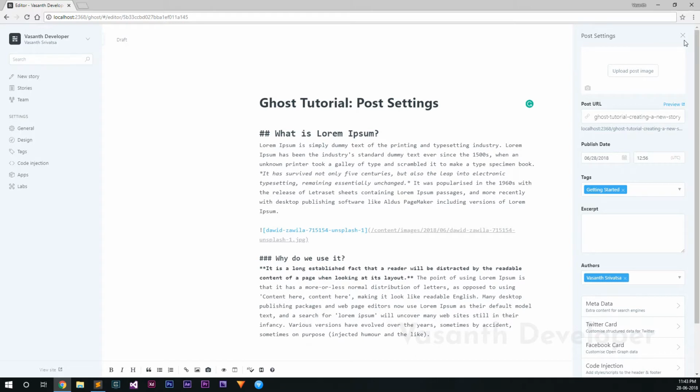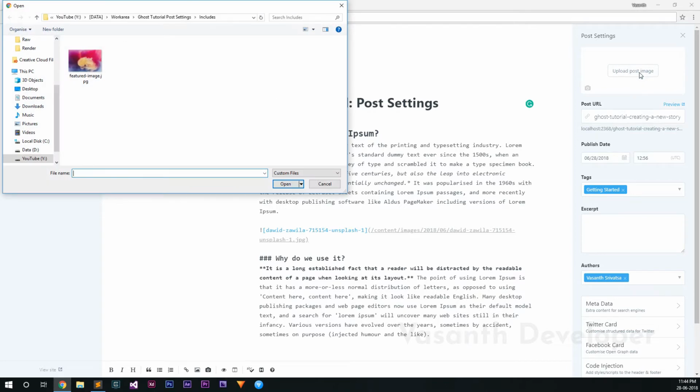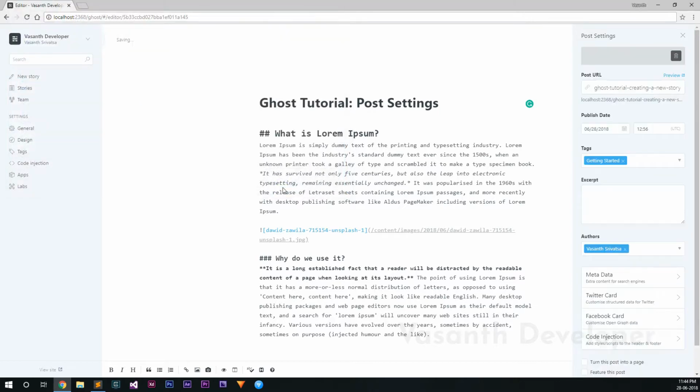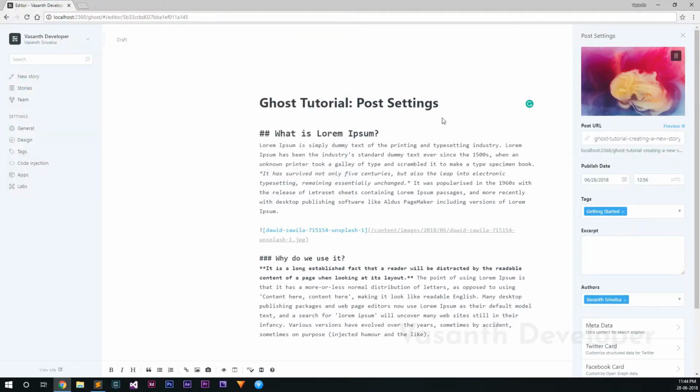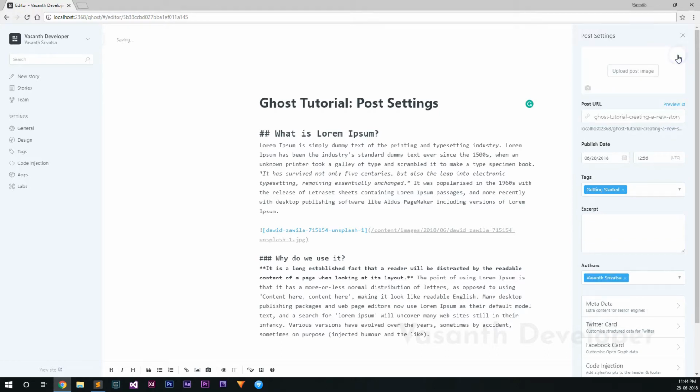Most probably, if you're writing a story or article, you will have a cover image. Click on this button to select a cover image. Note that the cover image should not be huge and should respect the copyright laws. Now select an image and then click the Open button. If you want to remove an already set image, then click this red Delete button.